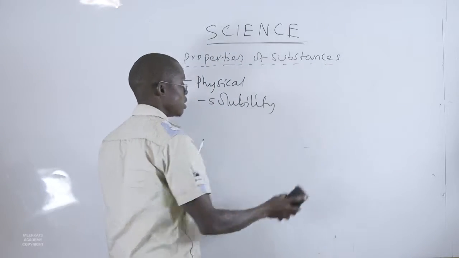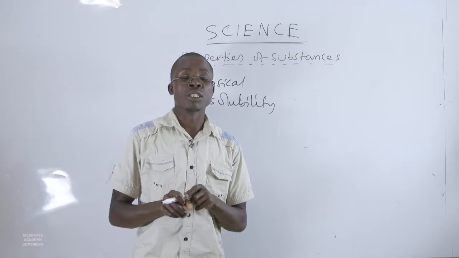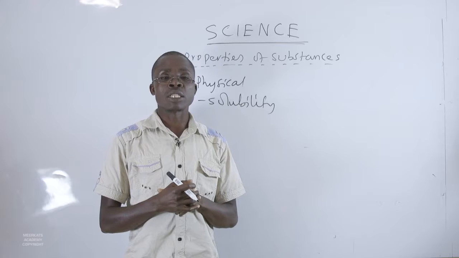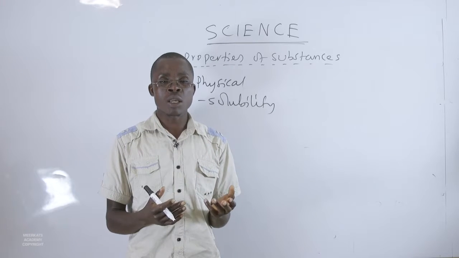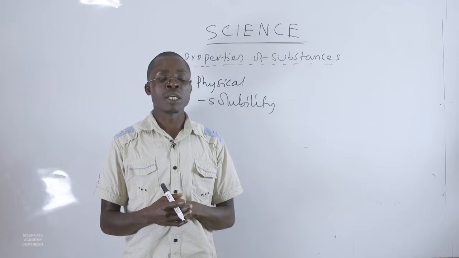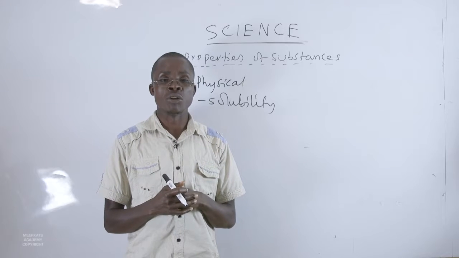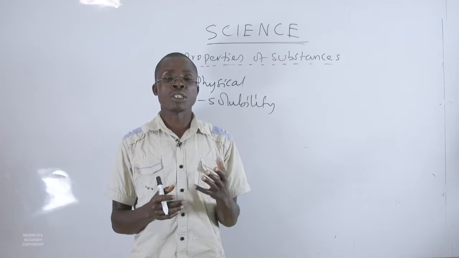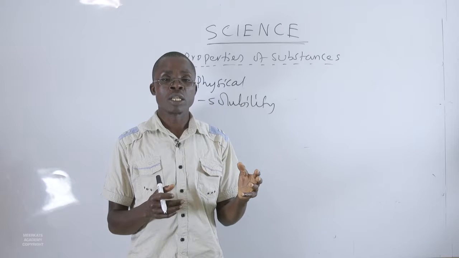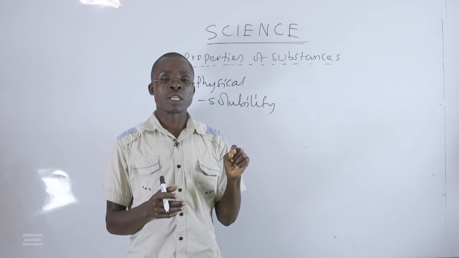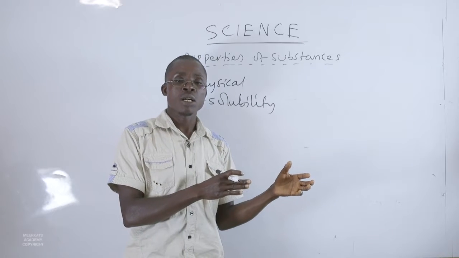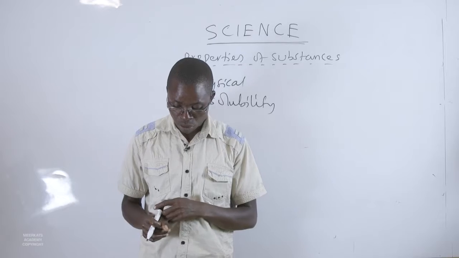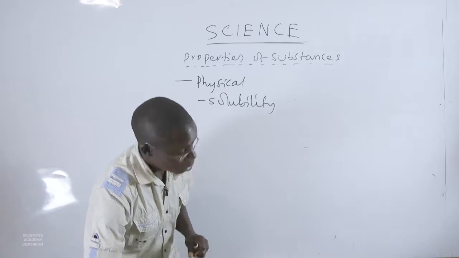So let's go back now to solubility as a general method of trying to describe substances physically. Using solubility, you can easily categorize or describe a substance physically by saying this substance is soluble or this substance is insoluble. But you have to be very specific by saying this substance is soluble in water or this substance is soluble in kerosene, so that anyone who looks at that description knows that the substance you are trying to describe is either polar or non-polar, depending on the solvent into which it was dissolved. So solubility is a very important part of describing